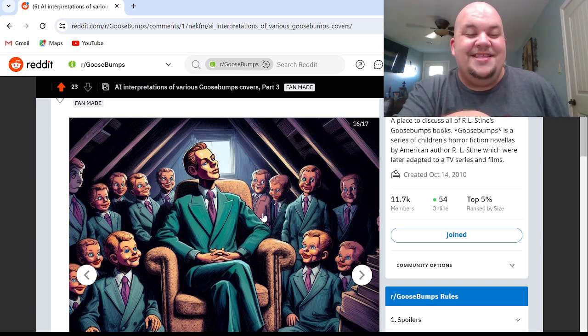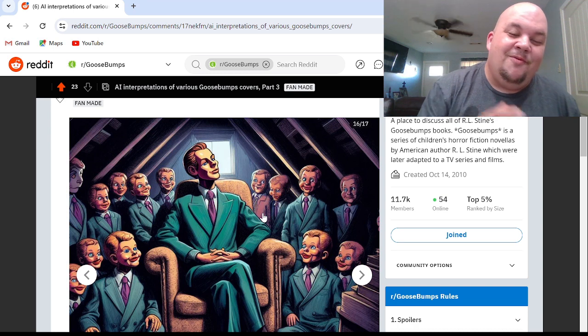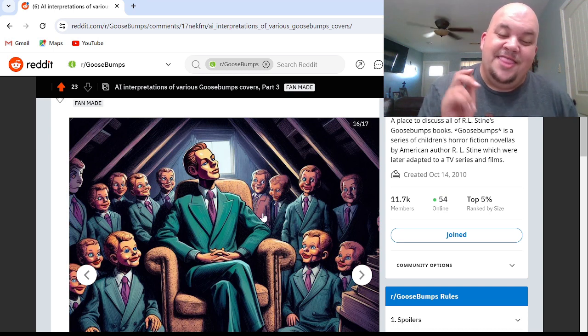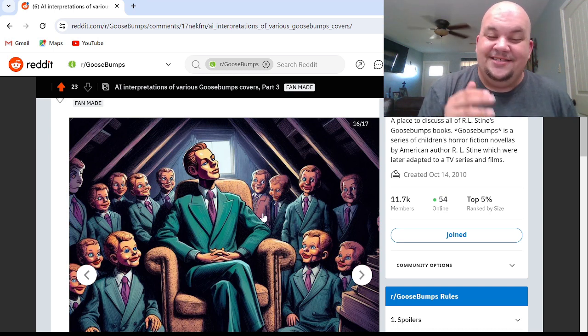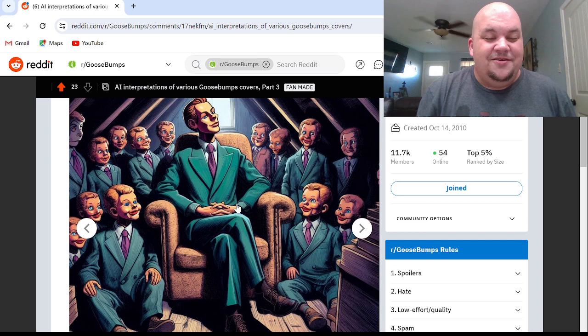I've seen someone else say that he also looks like, and all the other dummies look like, the Kennedys, which I think is another great comparison. But when I first saw this, I was like, that's Yoshikage Kira. That is his exact mannerisms and everything. And also, why did it make Slappy hot? Why would you do that?